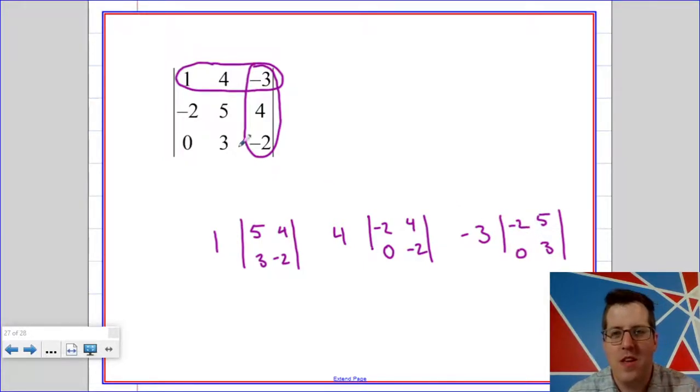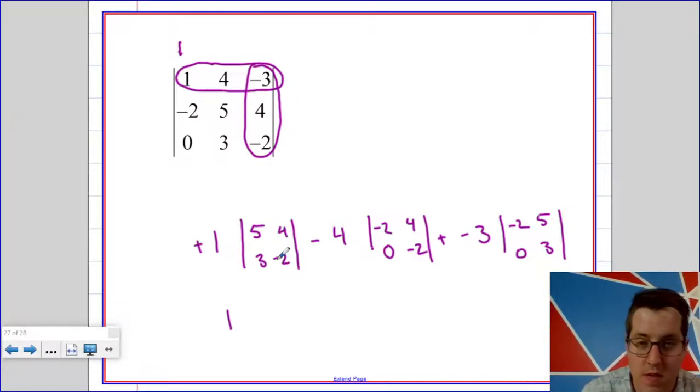Then, if the row and column of the entry is even, we are going to add. So first row, first column, that makes 2. So we're going to add. First row, second column, that makes 3. We're going to subtract. First row, third column, that makes 4. We're going to add. So 1 times this smaller determinant, and this is just done because these smaller determinants are